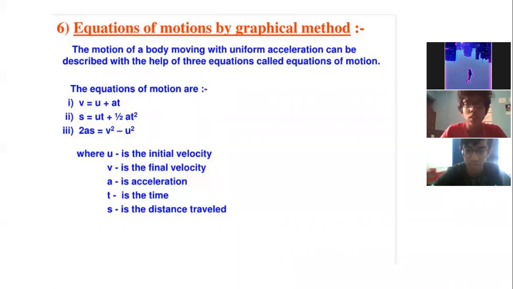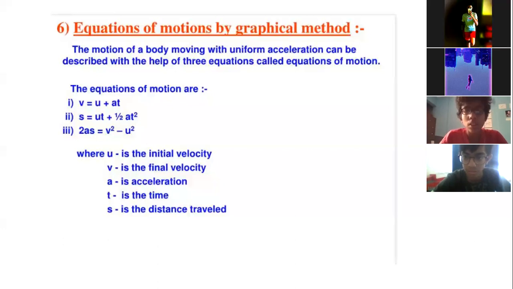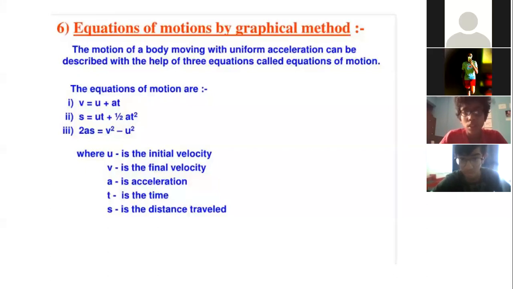Okay, so last class we studied graphical representation of distance-time graph as well as velocity-time graph. So we understood when there is a uniform speed, how the graph will be, and when there is a uniform velocity, how the graphical representation will be in three cases: where the object was at rest, where the object was uniform, and where the object was non-uniform. All those cases through graphical representation we have studied and understood.